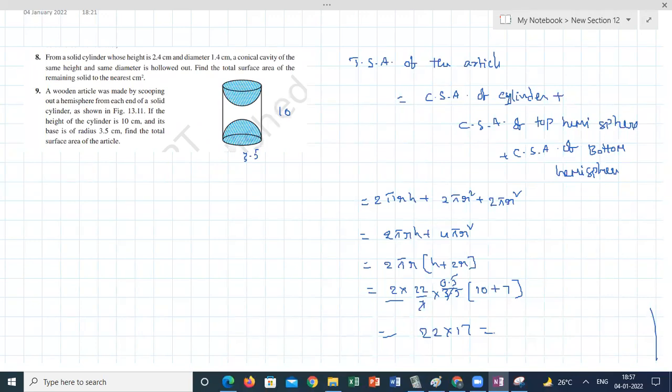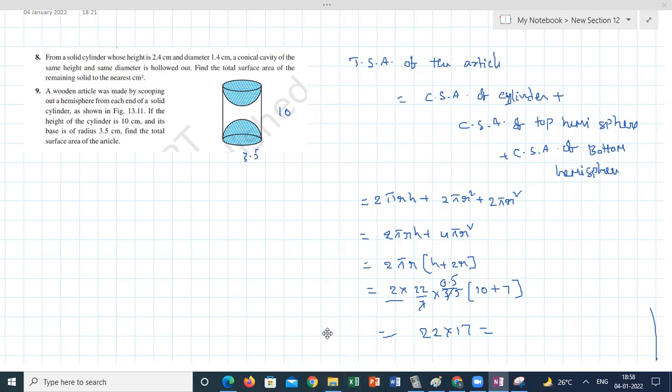Is it clear how I did the calculation without substituting the values, to get it easily? Students, please. Is it clear what I'm asking you to do? In which method is it easy to calculate the values, instead of calculating 2 pi r h separately, 2 pi r square separately? We make an equation, take certain things common and make a simple expression. After that only I substitute the values. What is the final answer here? Students, please respond.